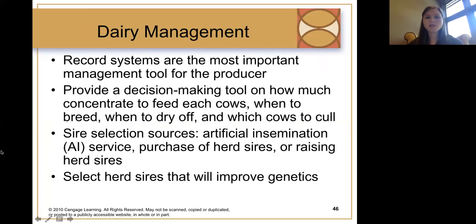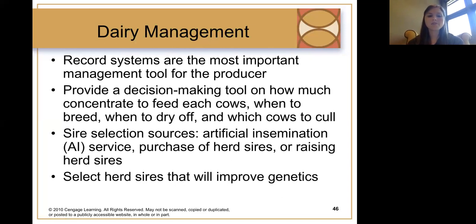So dairy management involves good record systems, and that's really true in any system, not just dairy. Record keeping is extremely important, and it can be a very important management tool for the producer. It can provide a decision-making tool on how much concentrate to feed to each cow, when to breed, when to dry off, and which cows to cull, if you're keeping good records on their performance and their age and things